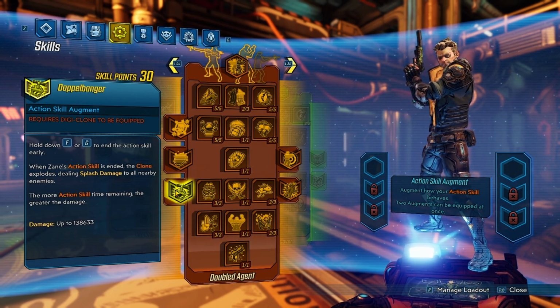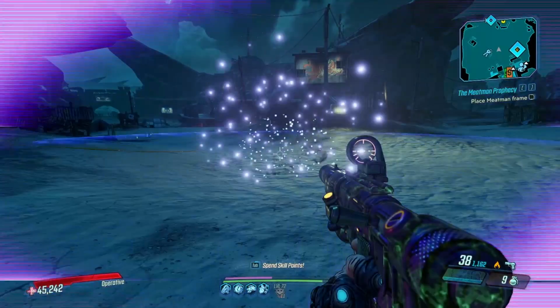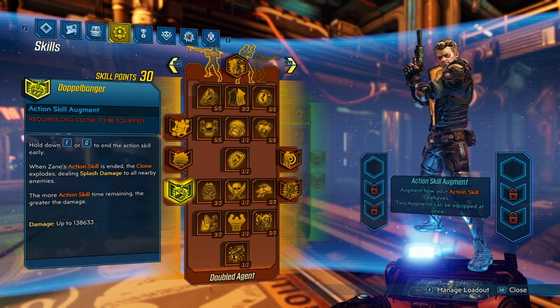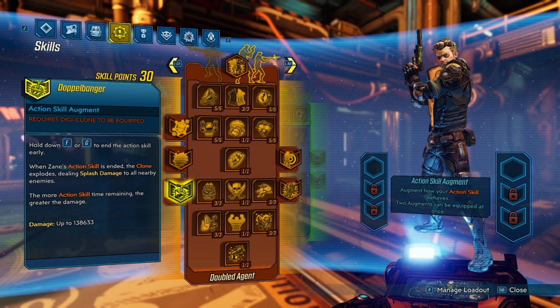Doppelbanger, hold down F or G to end the action skill early. When Zane's action skill is ended, the clone explodes, dealing splash damage to all nearby enemies. You can use this as a nuke. You just place this in a group of enemies and then bomb them. This does actually do some pretty solid damage if you build for action skill damage, but more so what this